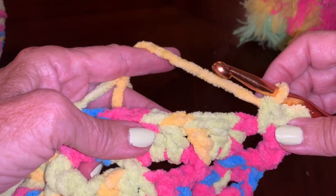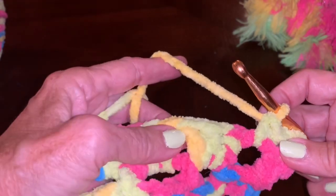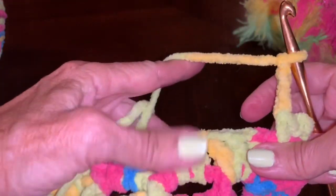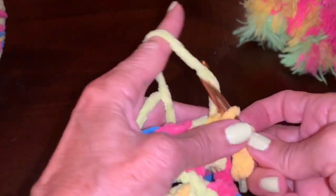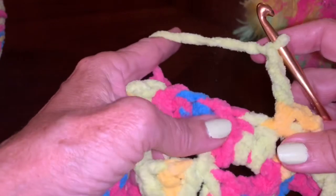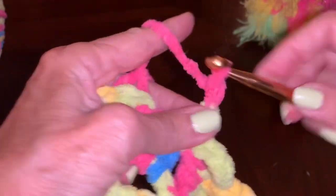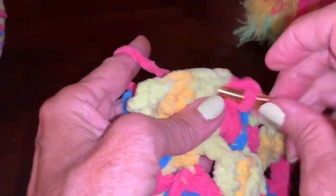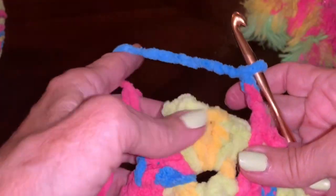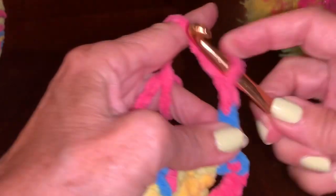And now we're going to go right over into the space between the grouping of the 3 double crochets. And we're going to do our chain 3 first. 1, 2, and 3. And then go in here and do our single crochet. And do our chain 3 again. Do our single crochet, chain 3 again, and our single crochet. We're going to get back to chain 3 again, our corner, and we do our single crochet, chain 3, 1, 2, 3,